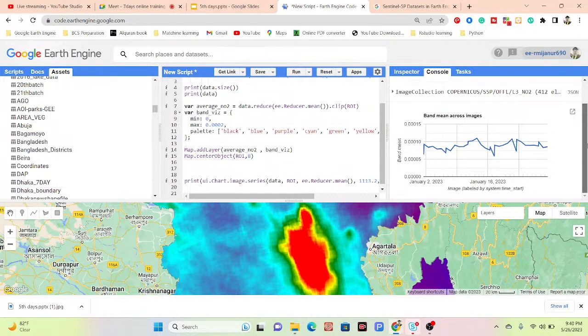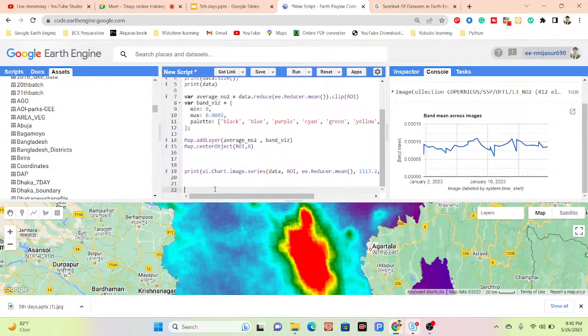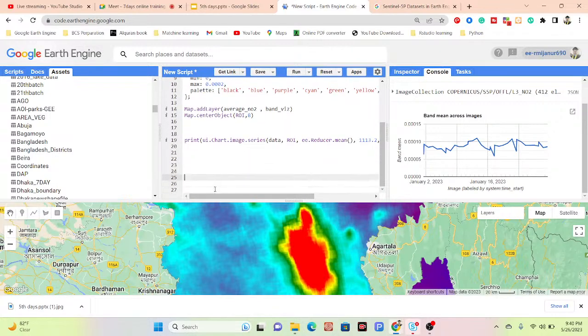Okay, so now suppose I want to create this CSV file. And using this same process you can easily create it for any data set, not only for the air quality parameters, any data set. And this CSV file we can easily download from here. Okay, so for creating the CSV file,